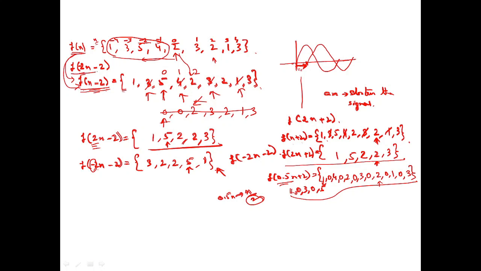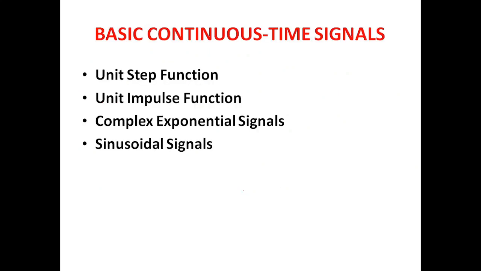First, whatever has been given over here, implement the delay. Then after the delay has been implemented, you implement the scaling function, and once the scaling is done, then you may go for the inversion, time inversion. Okay. So I will stop over here because